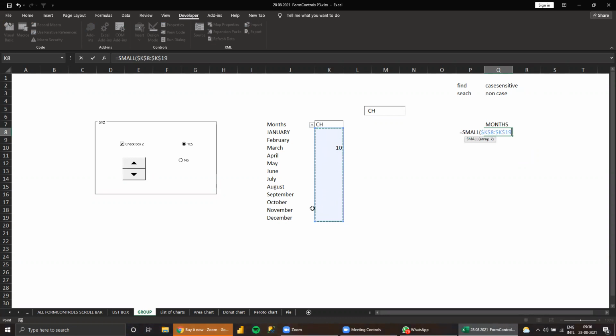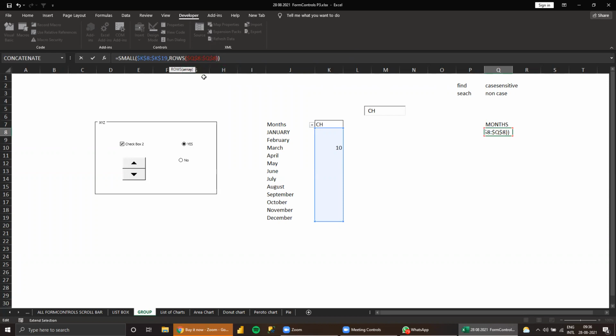SMALL, then SMALL 1, 2, 3. How can you make it dynamic? ROWS. Rows is always preferable, because you can give the units inside the formula.